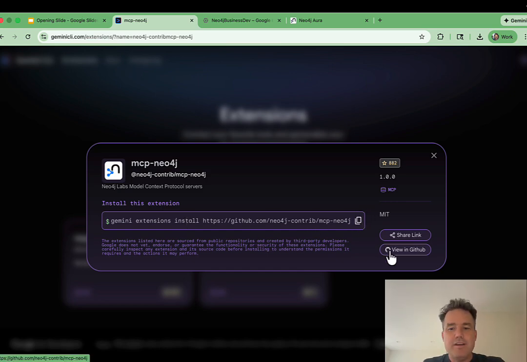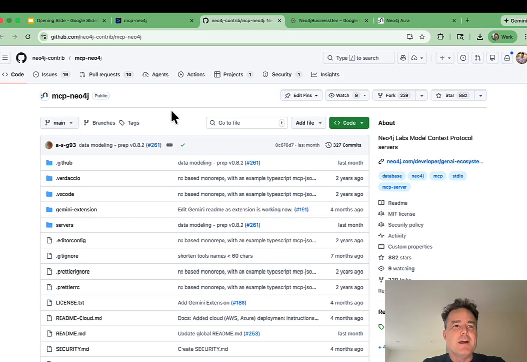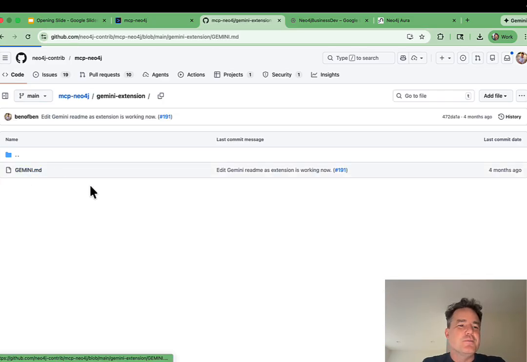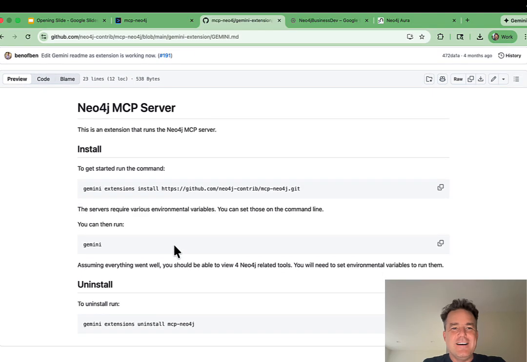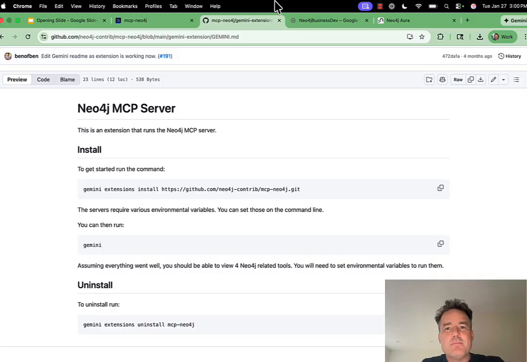But if I want, I can also go over, click View on GitHub, and see all the source code for this thing, and actually where it pulled some of that information. So there's a little README under here just explaining how to get started. Incredibly straightforward. You can, of course, run this on your local machine, but I kind of like the cloudy things,